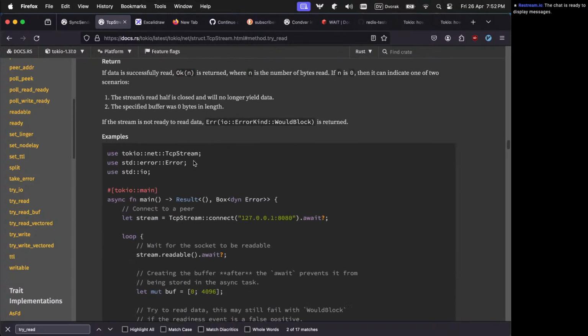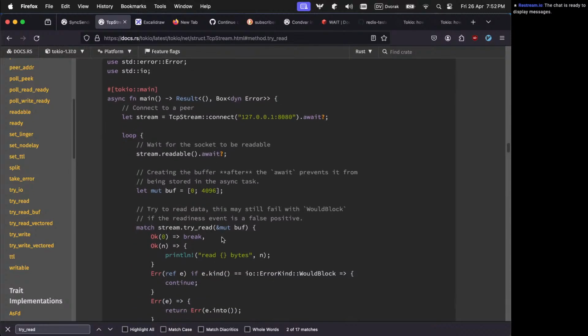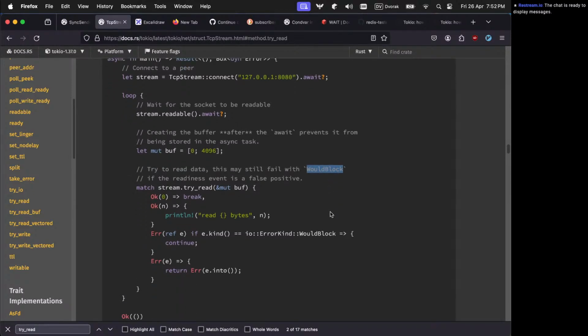Okay, I wish to know how long this will take. Try to read data. This must still fail with would block if the readiness event is a false positive. Okay, so the readiness event can be a false positive. Then what should I do if it is a false positive?